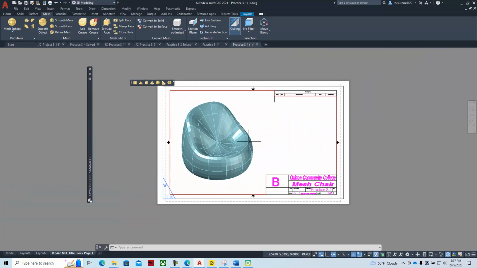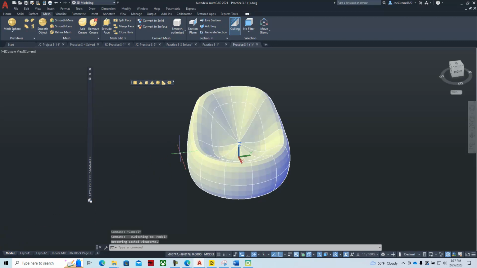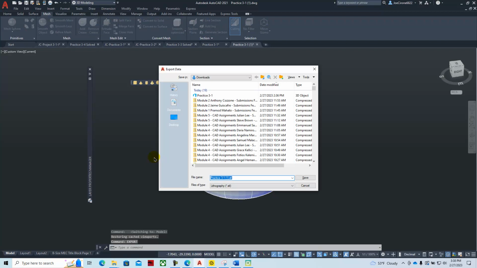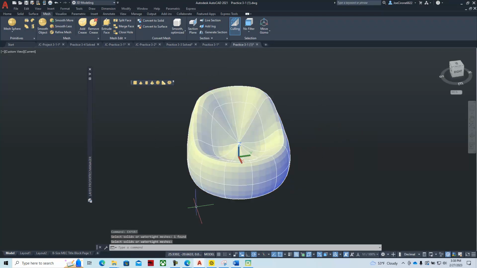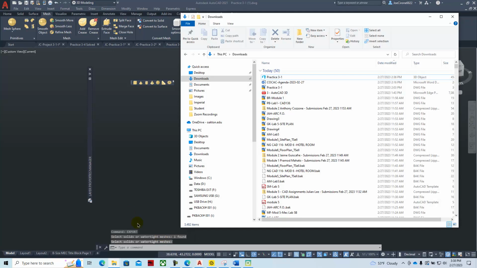I did check on this mesh, and I thought it was kind of interesting if we were going to try to create some of these organic shapes with a 3D printer. And we are able to do that. We can actually export it as an STL file. And so if I wanted to, and I've already done that, I exported it. To do it again, I could just go and just say save it, click on it, hit enter, and then I can go into my downloads and I can open that file